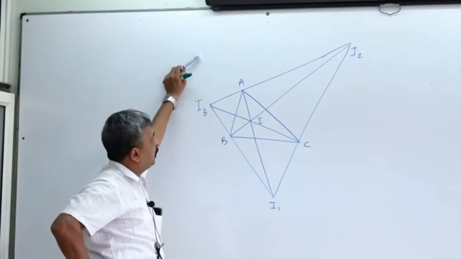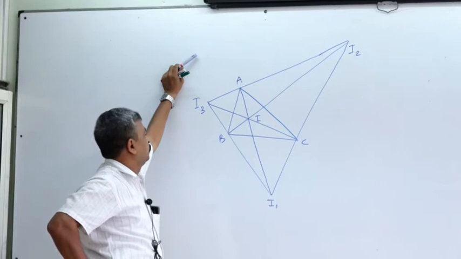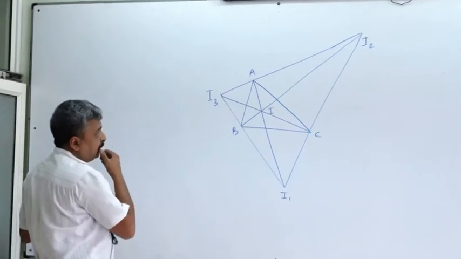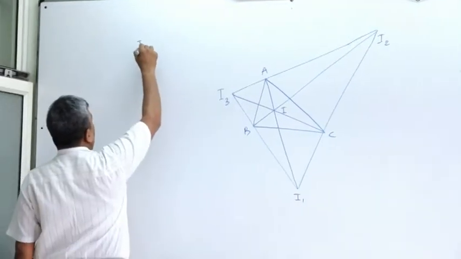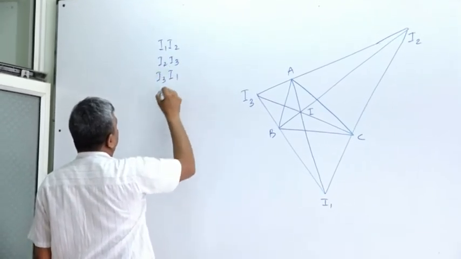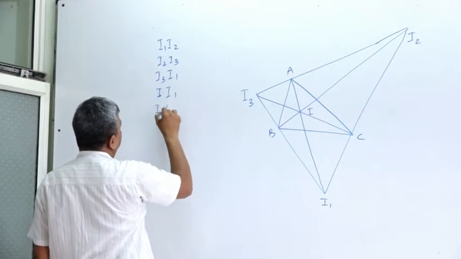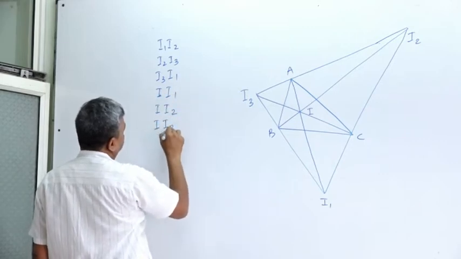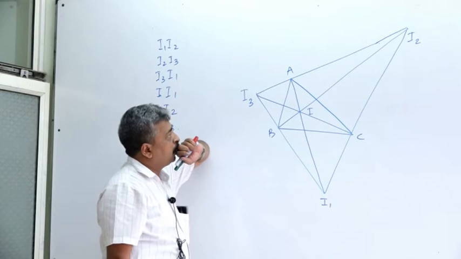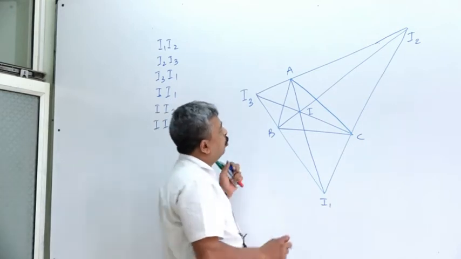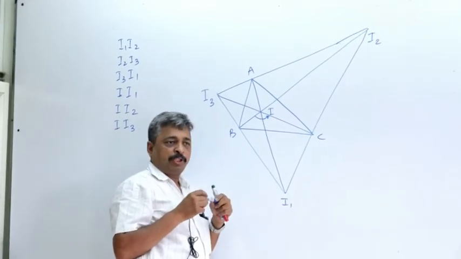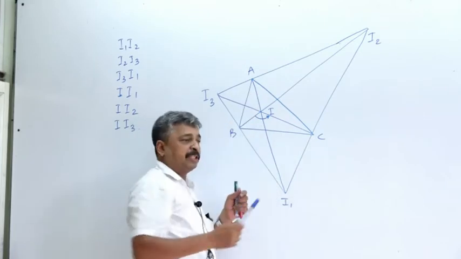This is the I1, I2, I3 ABC configuration. Now we would like to find out the distances I1 I2, I2 I3, I3 I1. Okay, this is M. Now, how much is this angle BIC? How much is BIC in terms of capital A, capital B, capital C? Can we find out?